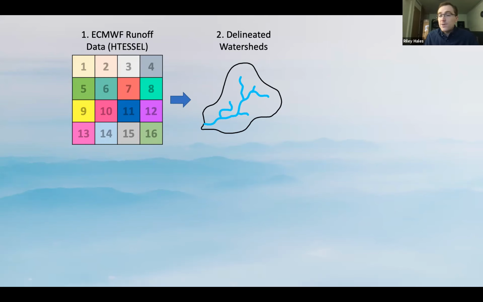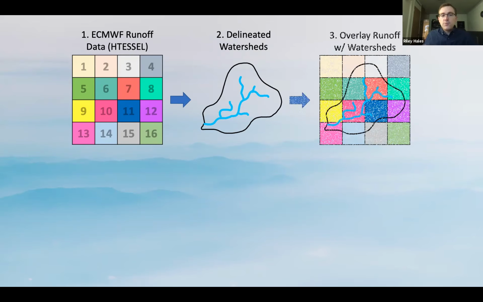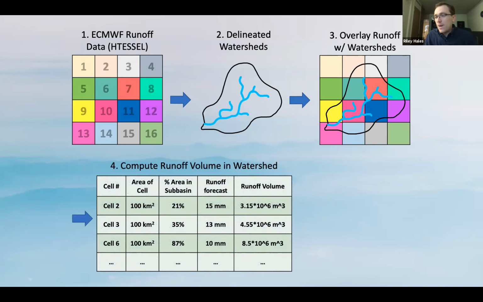The stream network has about 1 million segments in it, and our model will produce results on each of those segments. Each of those river segments represents a drainage area of about 150 square kilometers, so that varies a little bit around the globe. Then we combined our GIS data set, the watersheds, with the runoff data set, which allows us to do a bunch of math.